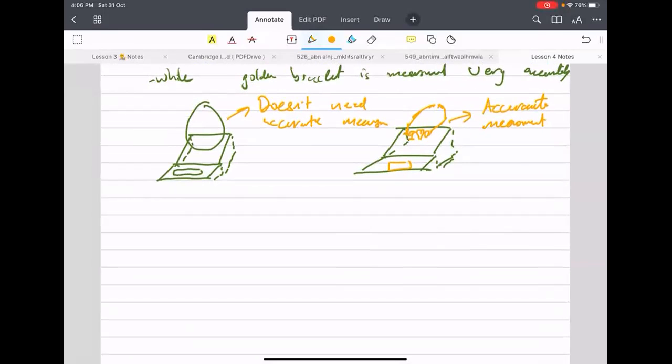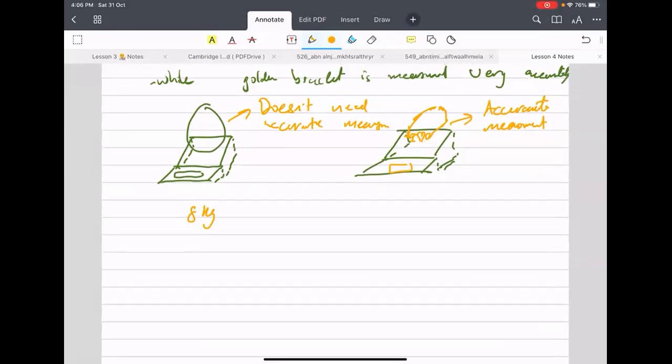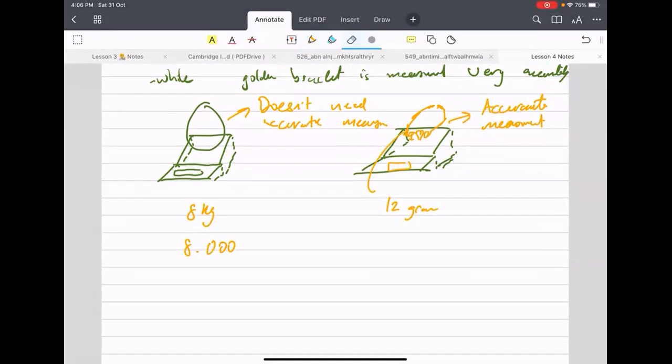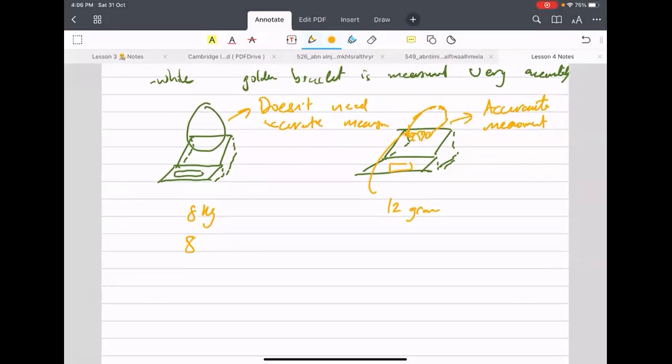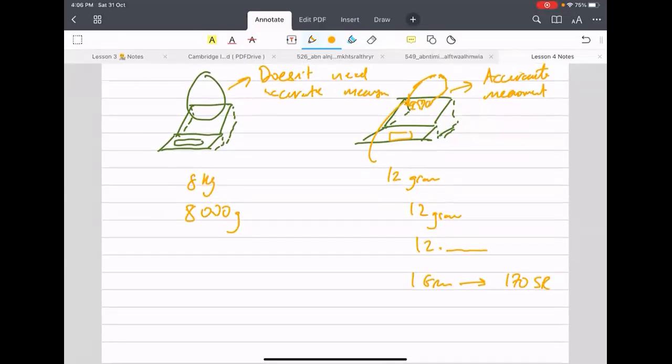So we said that the watermelon is about 8 kilograms, while the bracelet is about 12 grams. 8,000 grams. It's 12 grams, actually 12 point some stuff, because 1 gram is about 170 Saudi riyals. So yeah, the gram would be very